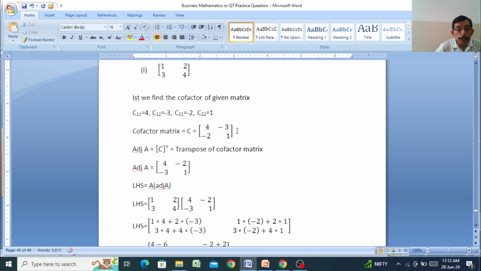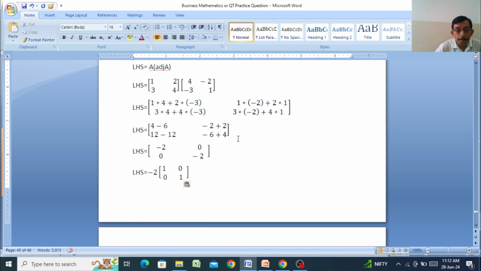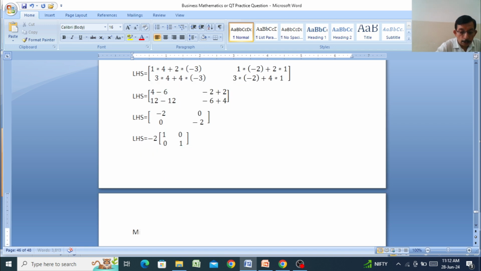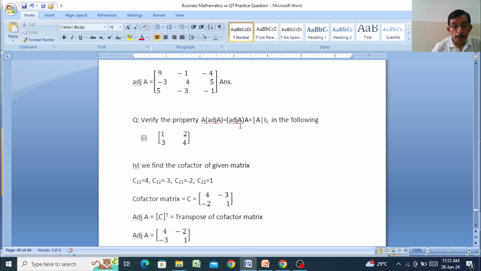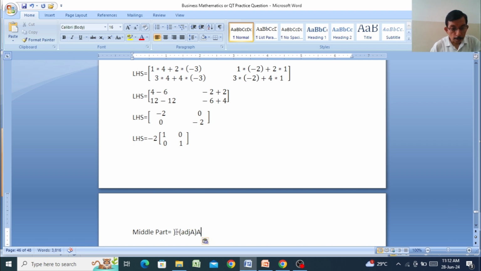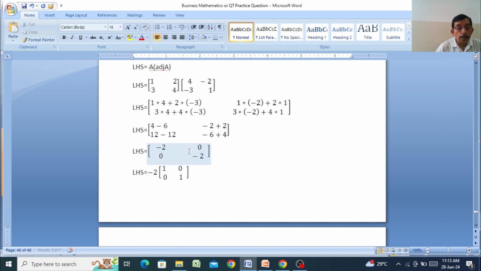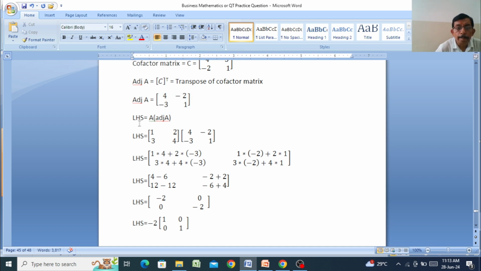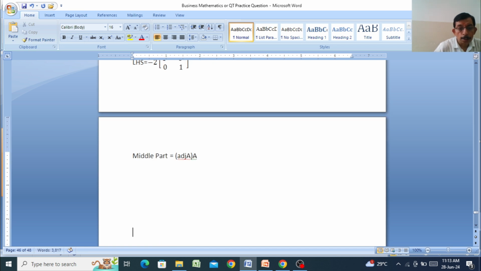Now we take the middle side. The middle part is the adjoint A multiplied by A. Now the adjoint is found in the last step. Here adjoint A is equal to